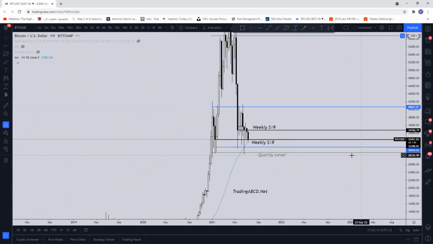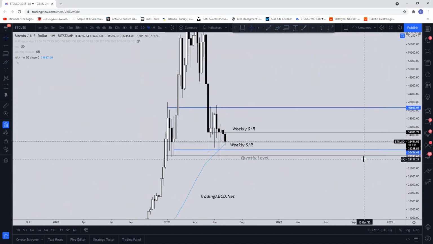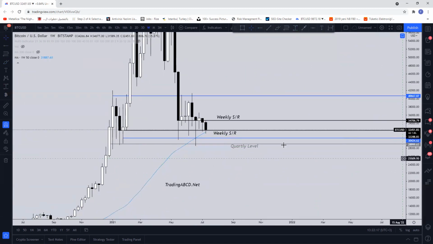Now let's go back to the weekly to see what happened exactly till now. On the weekly, these blue levels, we lost this weekly support. We bearishly retest the previous weekly level, and we went all the way down to the next level. Now we are currently reacting off both the weekly level and